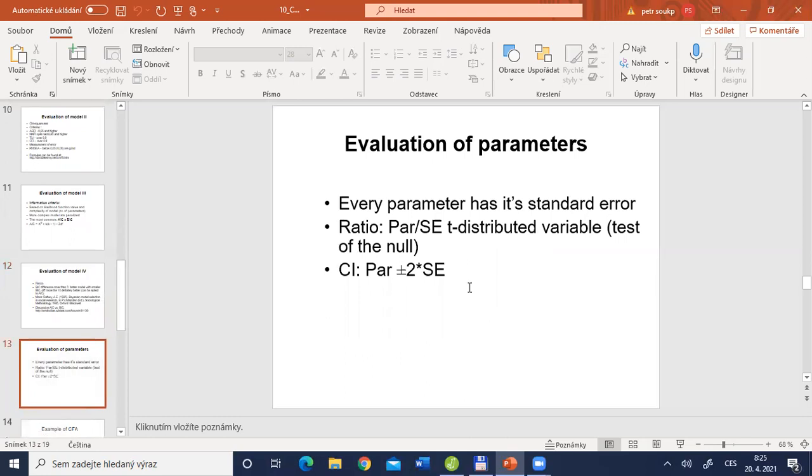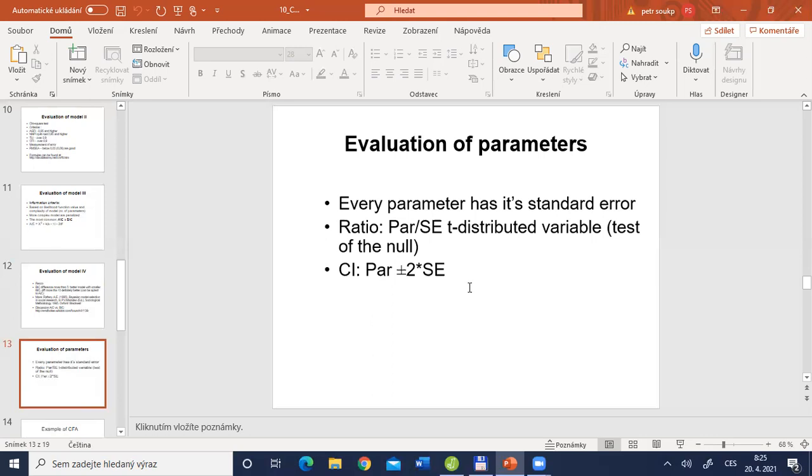For the evaluation of the parameters, we are once again using statistical testing and also confidence intervals. Here we have the formulas: the parameter divided by its standard error. This value is a t-distributed variable. So by t-test, we can evaluate the statistical significance of individual parameters. And if you would like to compute a confidence interval, you take the parameter and add or subtract 2 times the standard error, and you get a 95% confidence interval. Fortunately,